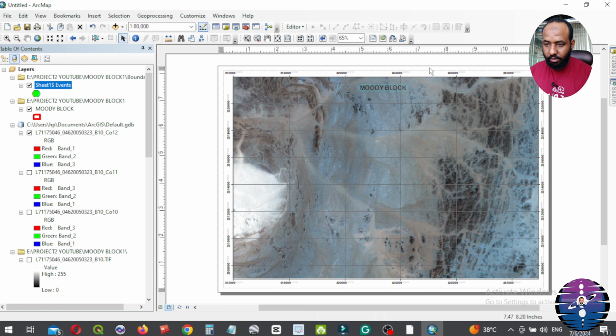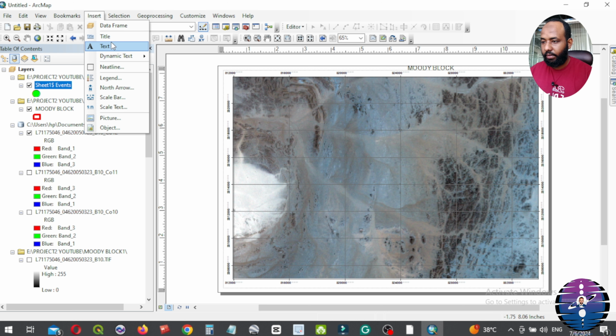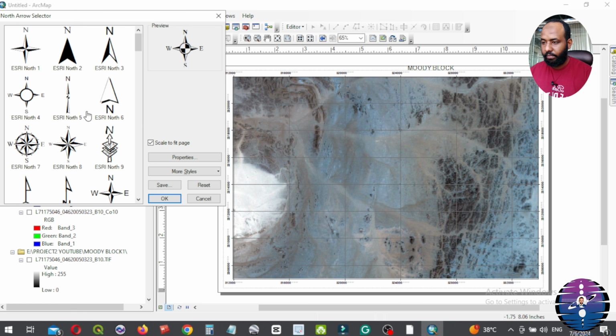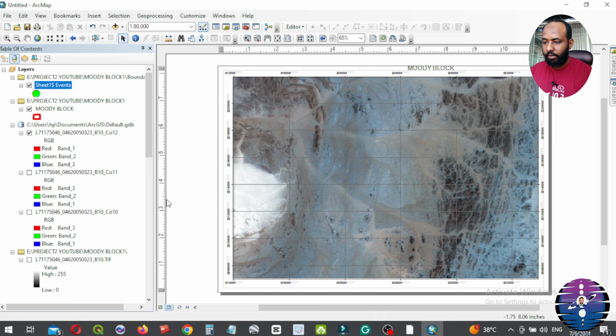Can put it here. Now insert north arrow. Can choose this. Okay. Put it in the north direction.